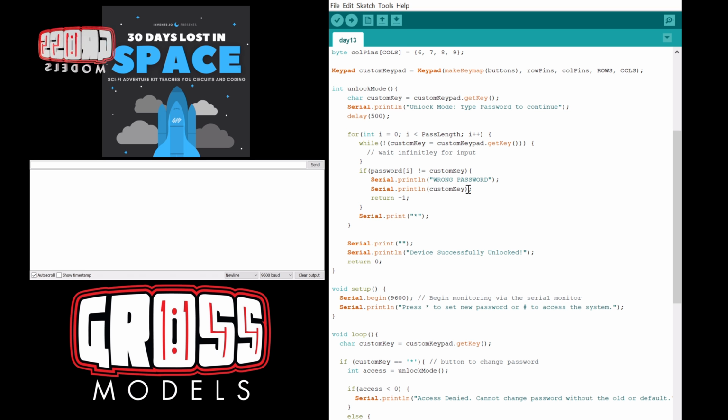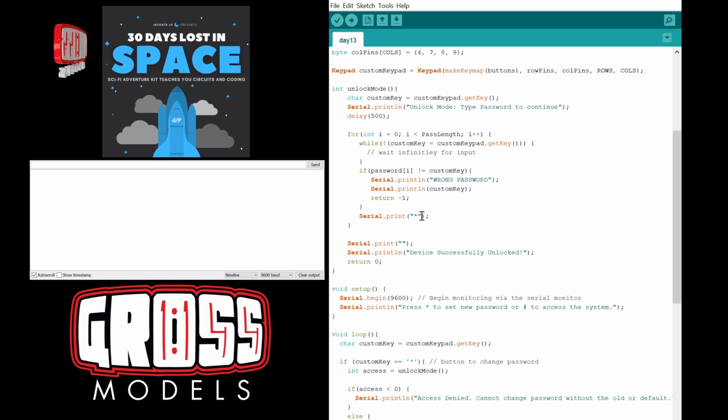But normally, obviously, I wouldn't necessarily print up what you pressed, although you pressed it, so you know you pressed it. But yeah, and then return. This is basically just feeding back out of the loop a -1, which is a wrong answer. So if the password is not the custom key, say it's wrong, print what we did, and say 0, 1. If it is what we put in, if it is the custom key, say sort of else,